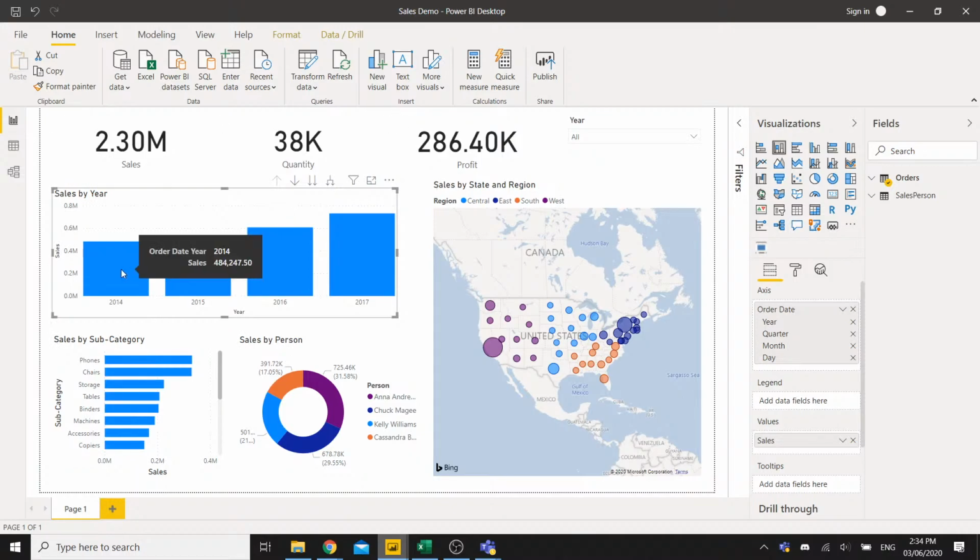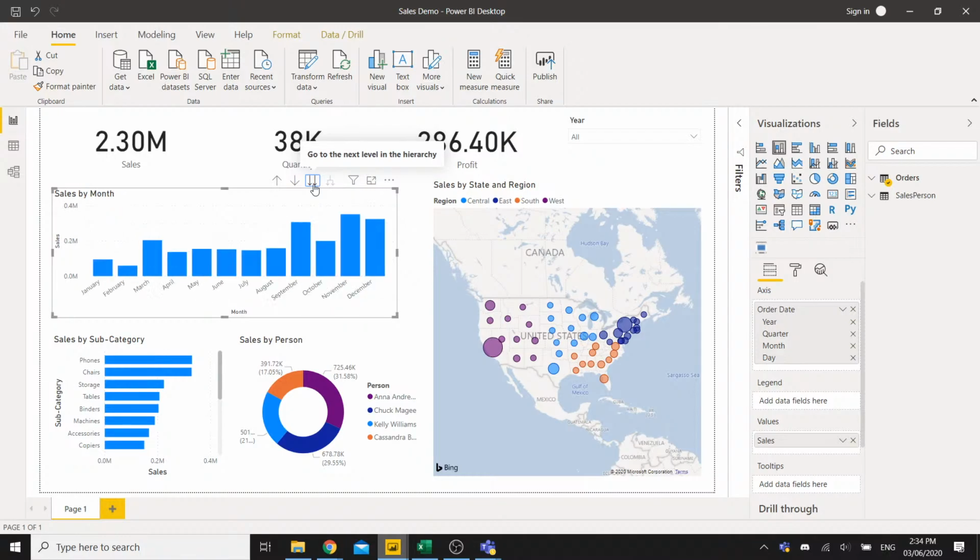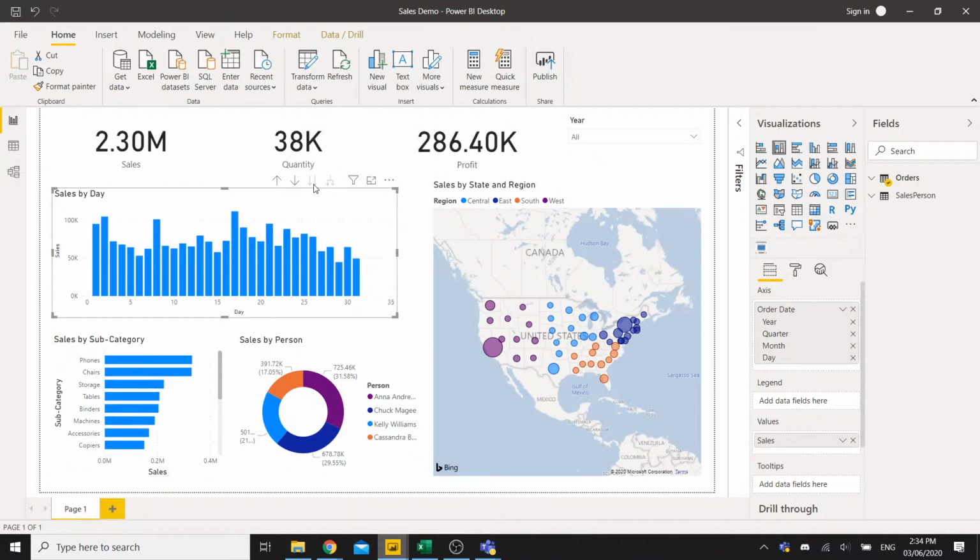So we can see sales by individual years. And if we click the double down arrow to go to the next hierarchy, which is quarter, it shows us quarters 1 to 4. If we go again, it shows us the months, January to December. And if we go again, it shows us the day of the month from 0 to 31. However,